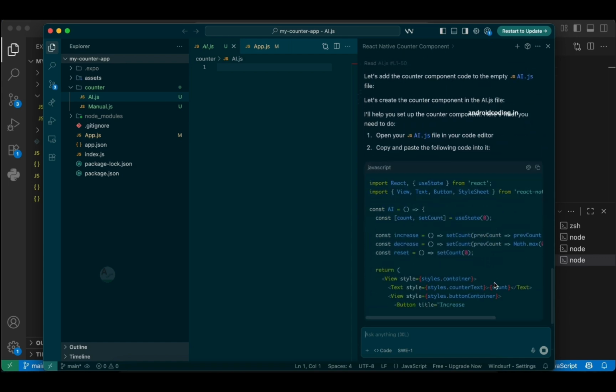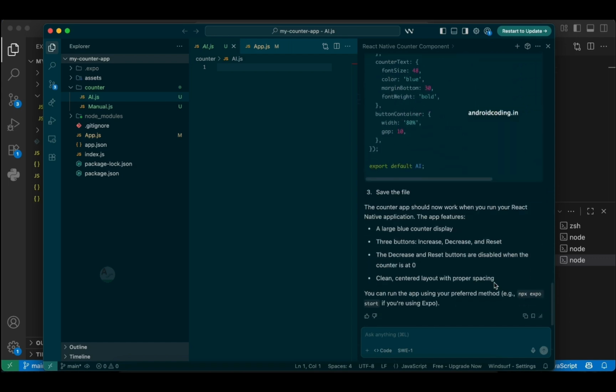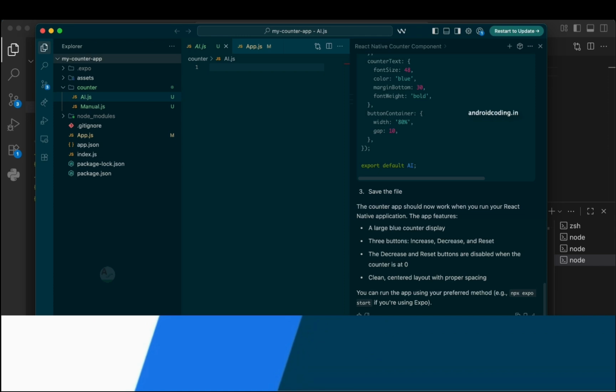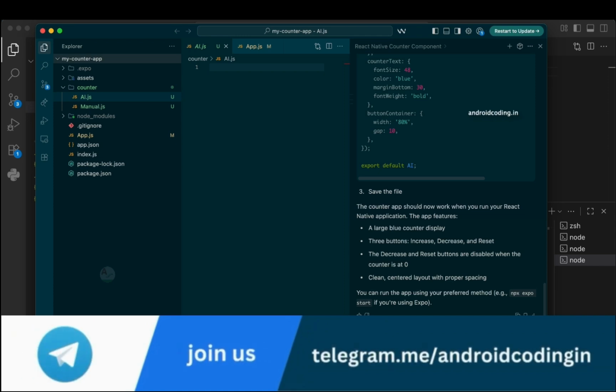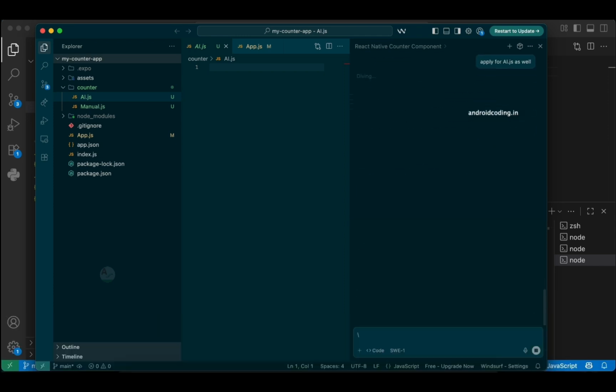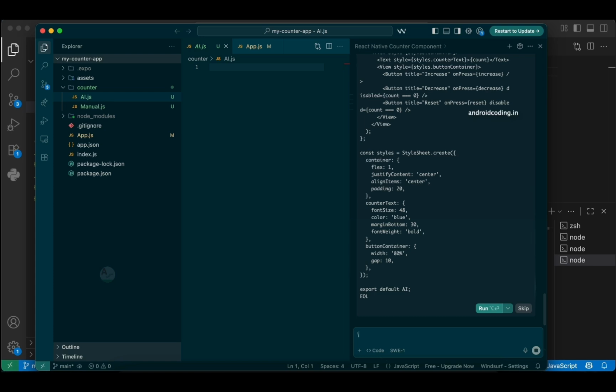And here you can see even for ai.js it is trying to update the code now. Apply for ai.js as well. I'm asking AI itself to update the ai.js file as well. So hope you are finding the issues while we are trying to make use of the AI app. It's not a straightforward thing. Every time you will face these kinds of issues, and it's better to have the knowledge of what you are trying to develop, or else it would be like a nightmare when you're trying to develop completely